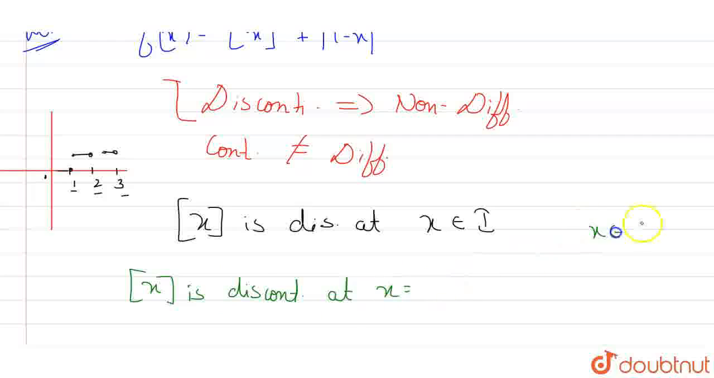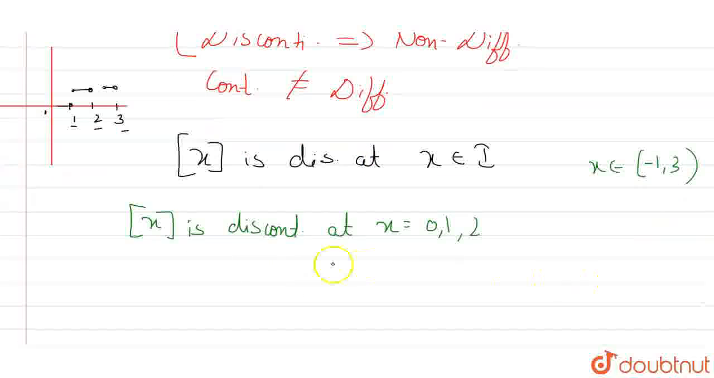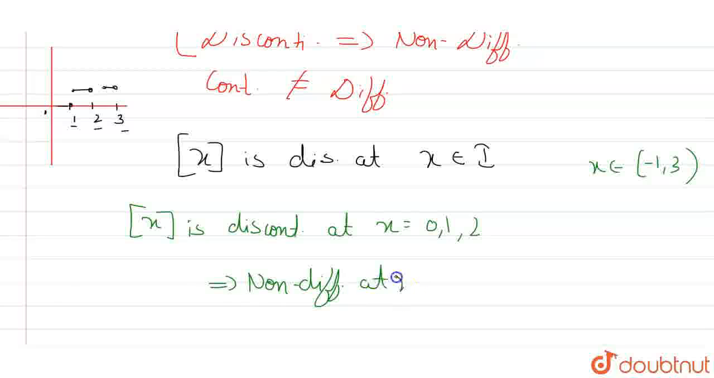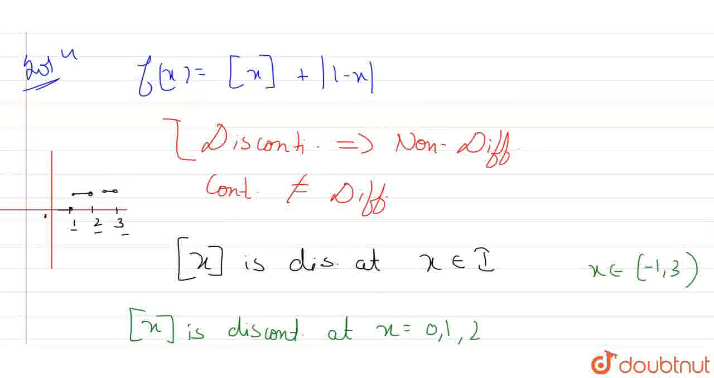Since we know that x belongs to −1 to 3, how many integral values is it having? It is having 0, 1, and 2. So on these three values, this function is discontinuous, which says that it is also non-differentiable. Exactly, non-differentiable at x equal to 0, 1, and 2. And the other part we have here is